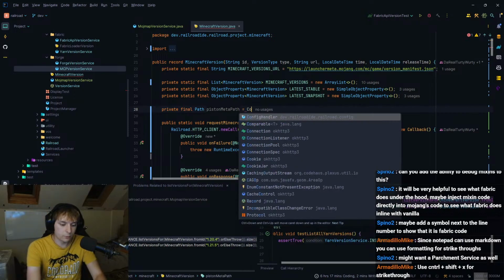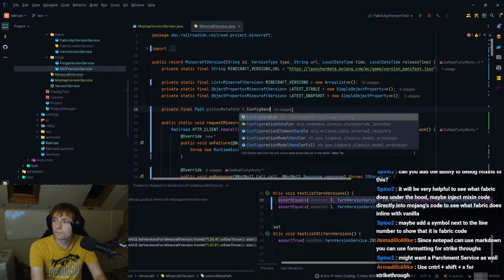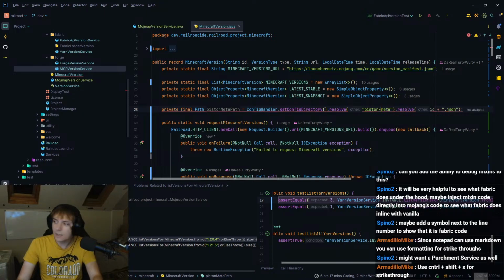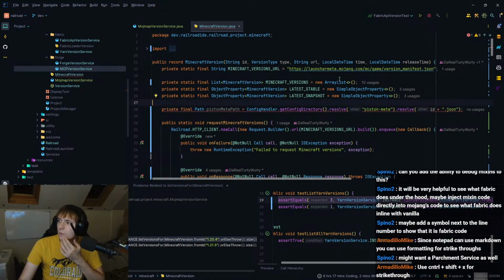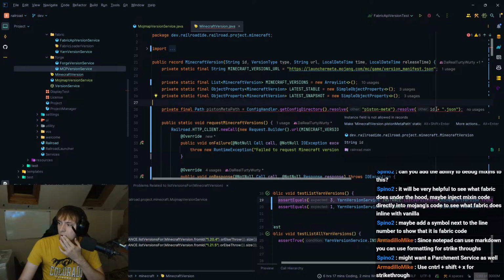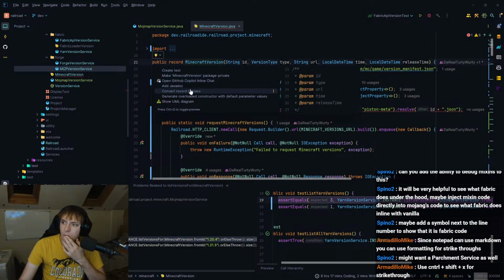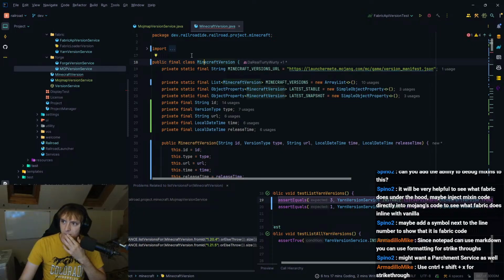So what I will do is I will do config handler dot get config directory dot resolve piston meta dot resolve, and then that'll just be id.json. That's true. So because it's a record, we can't actually do that. So we'll have to make it not a record. But that's fine.